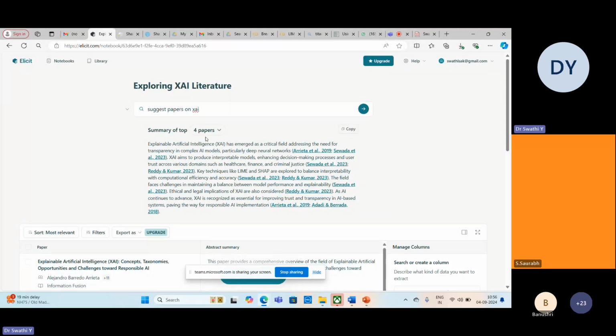It gives you a top summary; I got around four papers. Or otherwise, let me try papers on Copilot.